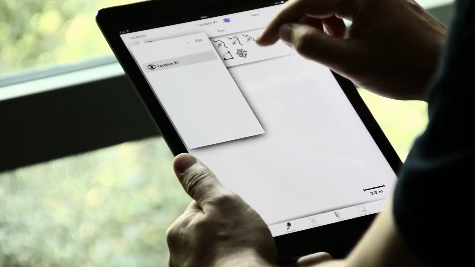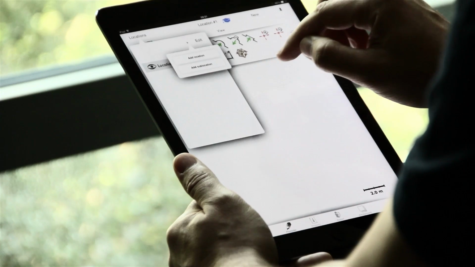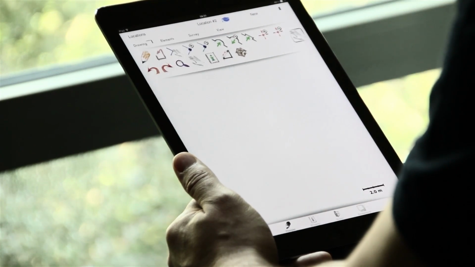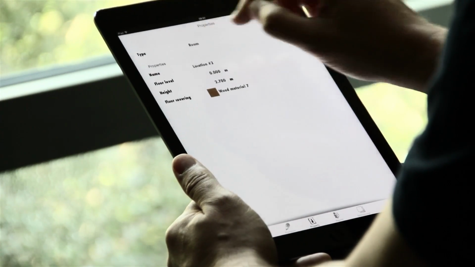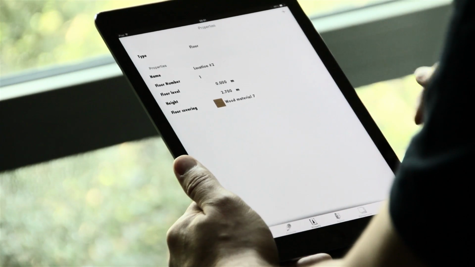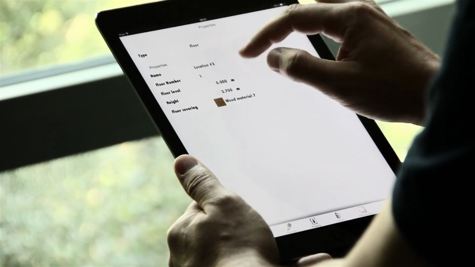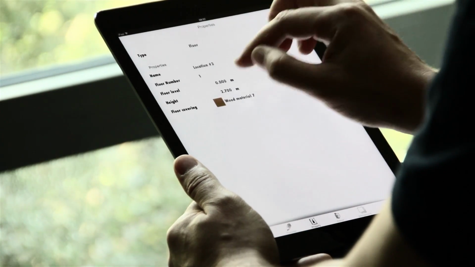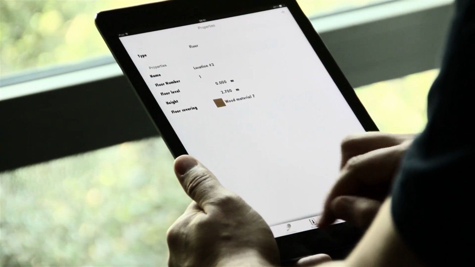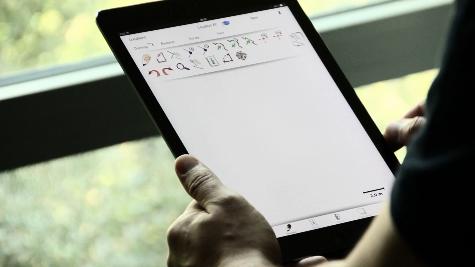Go back to location structure and now we are going to create a sublocation which is going to be our first floor. Click on sublocation, click on property, and if I change this to floor, then the floor number will be designated automatically along with the floor level and height. You can change them here if you want, but you can leave it as default. Let's go back to the floor plan view,